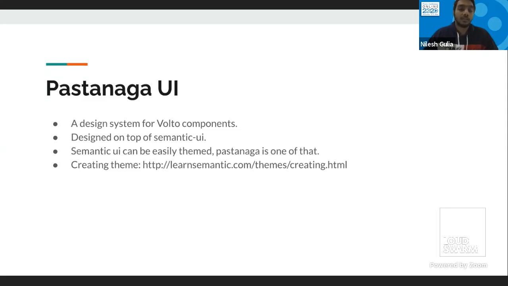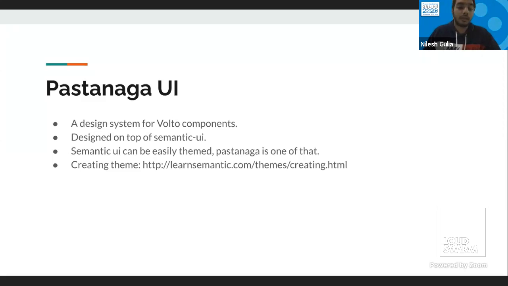So there is a process. How do we create a theme on it? There is the config.js file, and we override it with the components we have. If you want to override a modal, we just change that modal component by using a different theme. So the theme can be configurable.